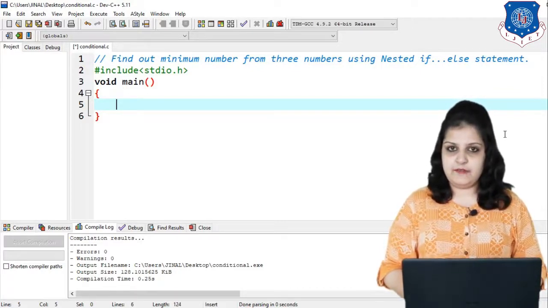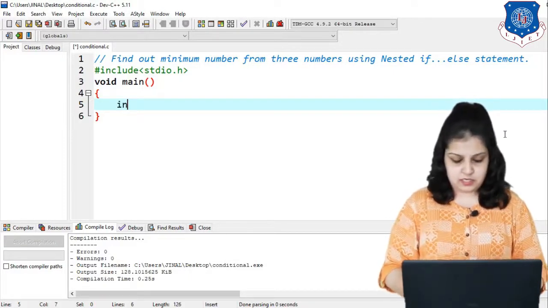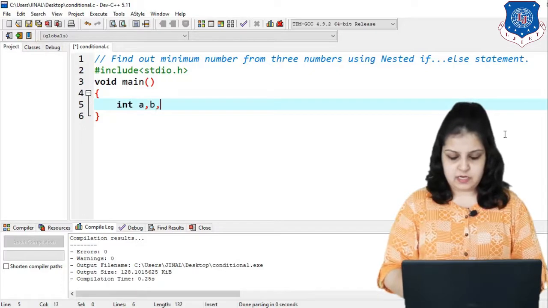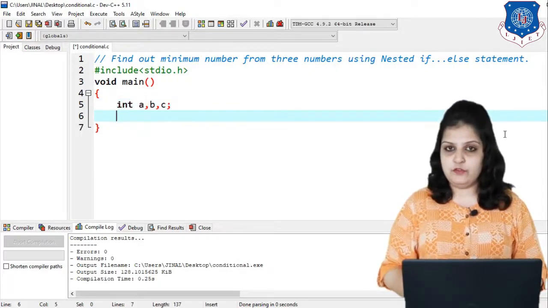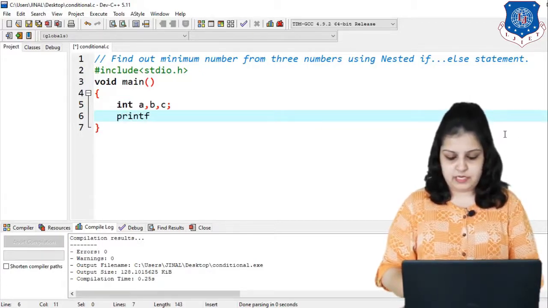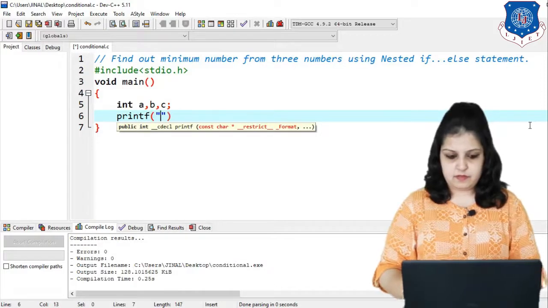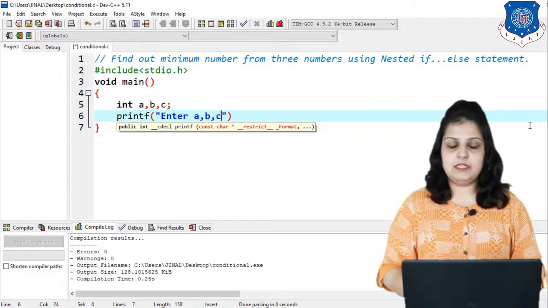First include the header file and then the main function, and here for 3 numbers we have to declare a total of 3 variables. So int A, B, C, and we want to enter them from the user, so we have to use the scanf function. So first write the printf, "Enter A, B and C", and then after that the scanf function.